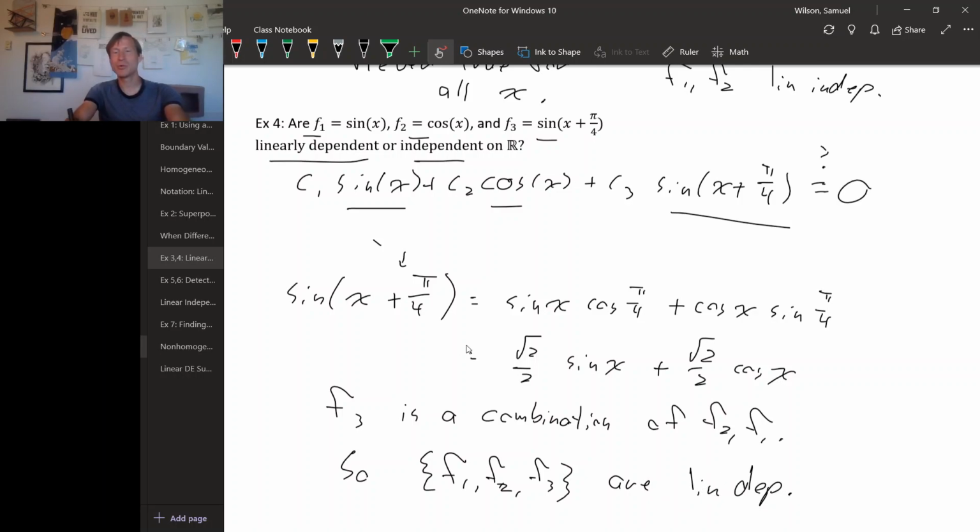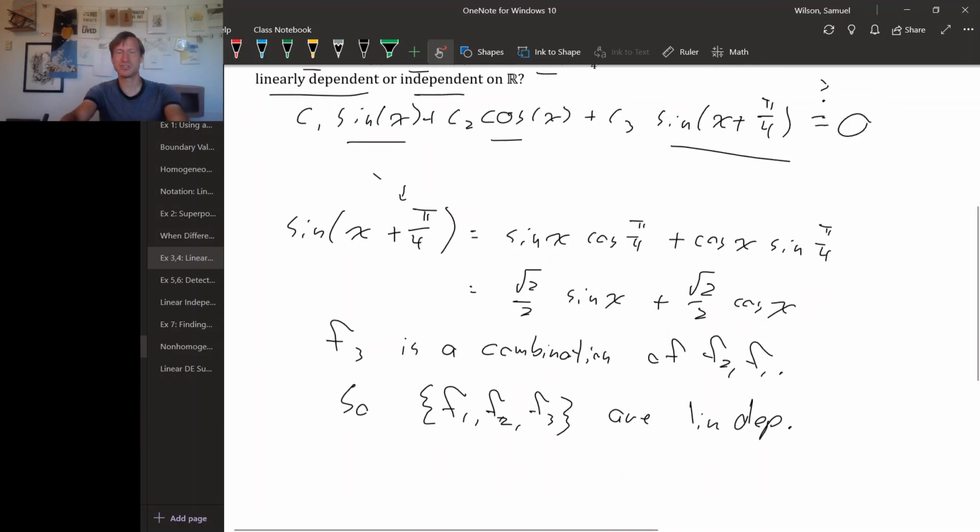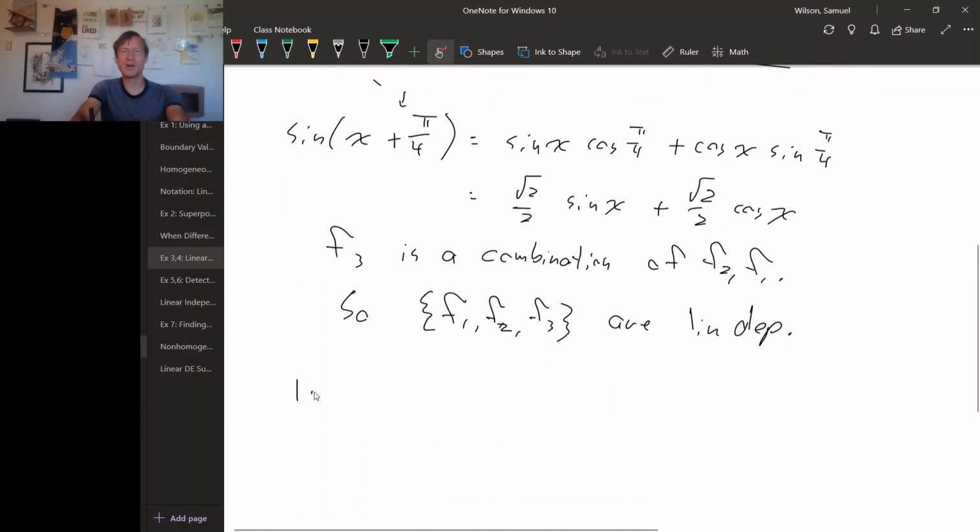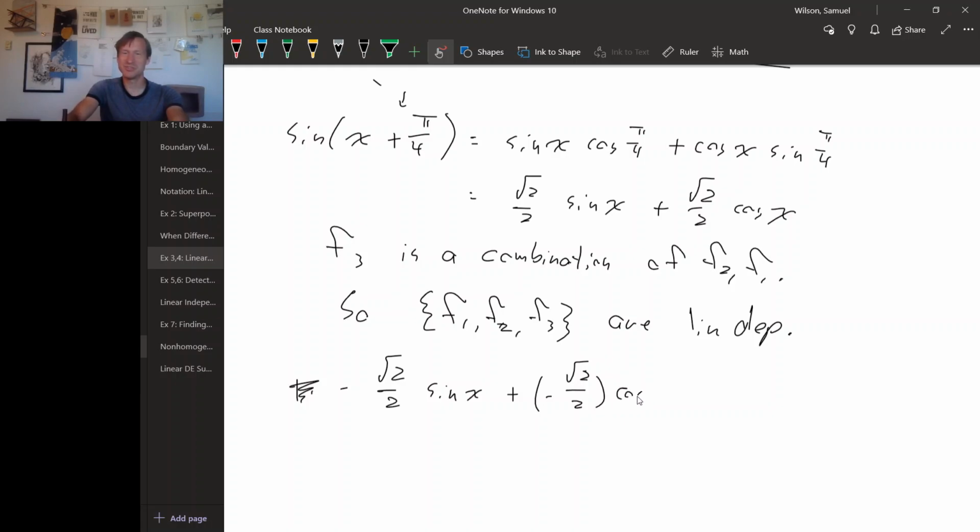So there would be a way to pick c1, c2, and c3 without picking all zeros to make this equation true. In fact, we can choose minus root 2 over 2 times f1, which is sine of x, plus negative root 2 over 2 times f2, which is cosine of x,